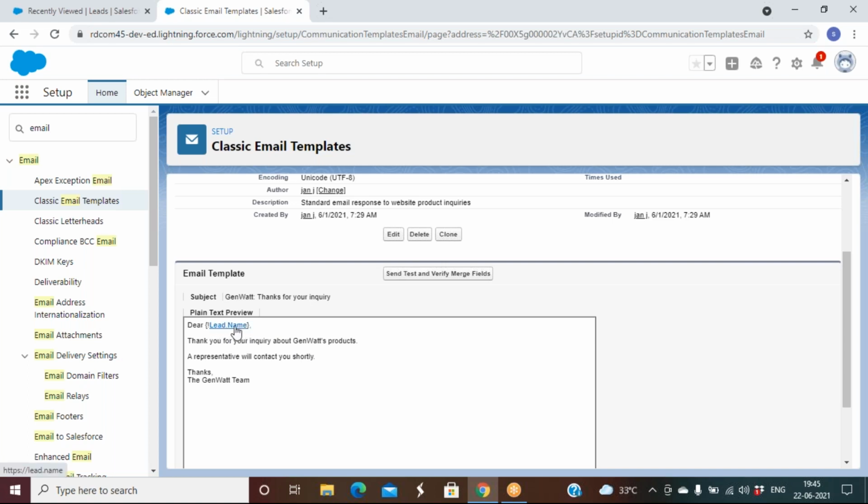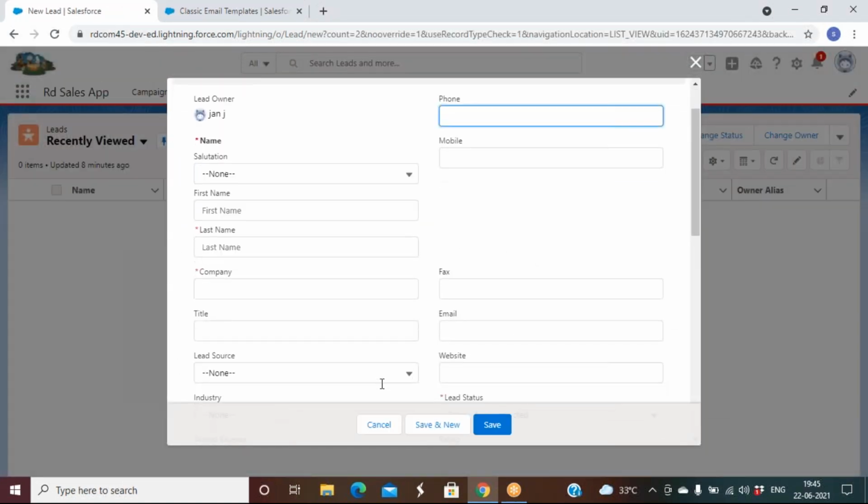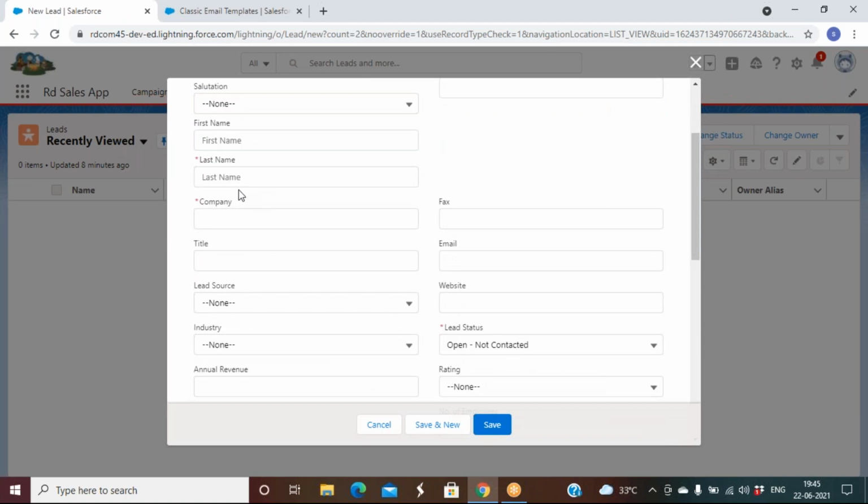But here you see lead name, right? When you create a lead, whatever name that you put up in the last name, every time we provide a different name when we create a different lead, that name should be populated automatically in the email.